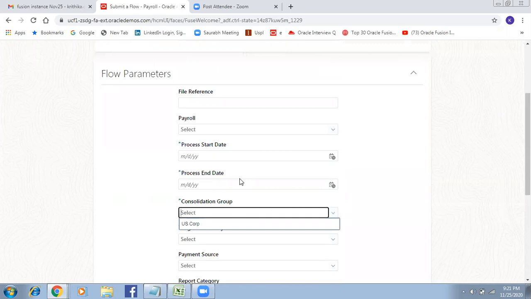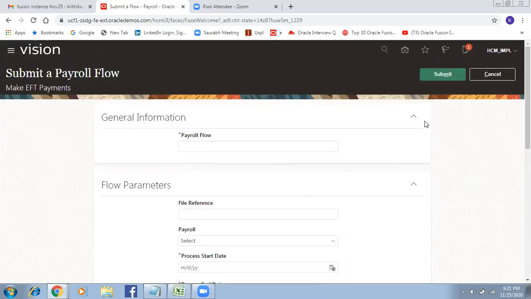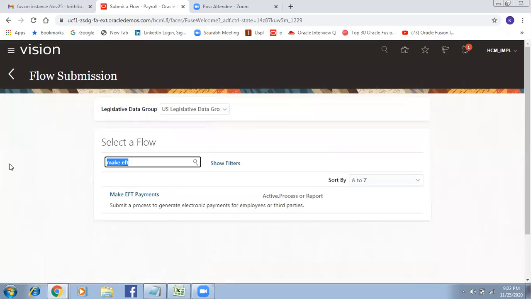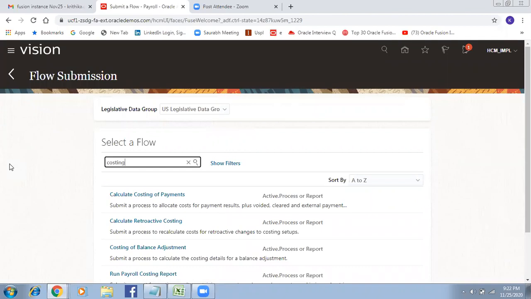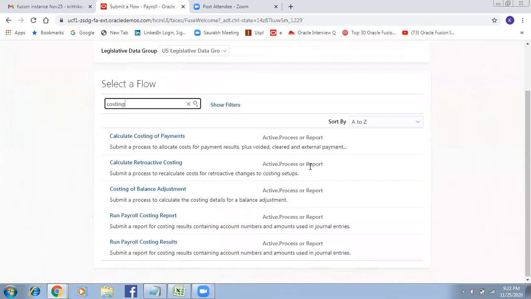Right? No, then is the costing. Okay, which one? So usually you have costing of payments, which calculates costing of payments.